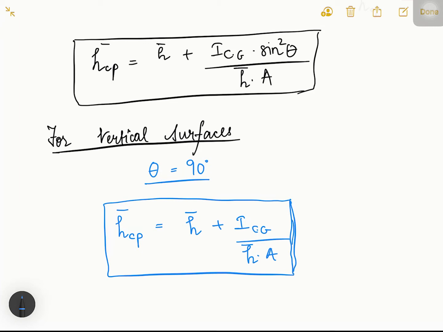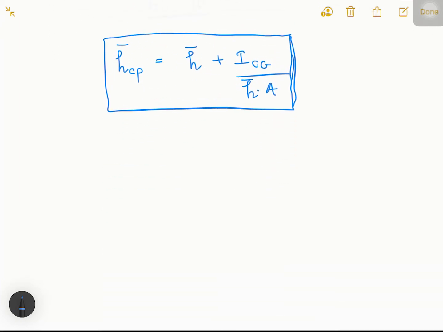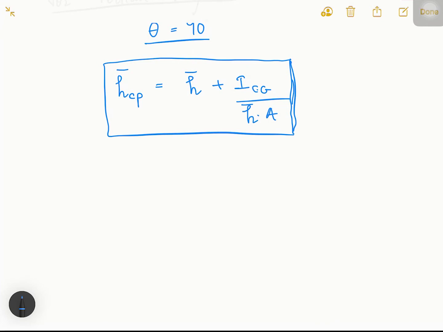Now why I am discussing this separately is because here we will be discussing some very common vertical surfaces, and again the point of discussion will be about remembering the various values of moment of inertia about center of gravity, so that we can find the various values. Also, for some specific cases we need to revise what the area will be for that particular surface. So let us start with the first one.